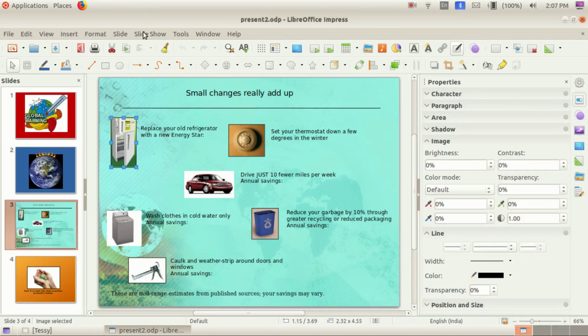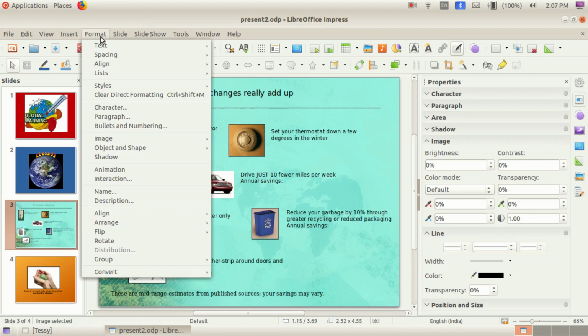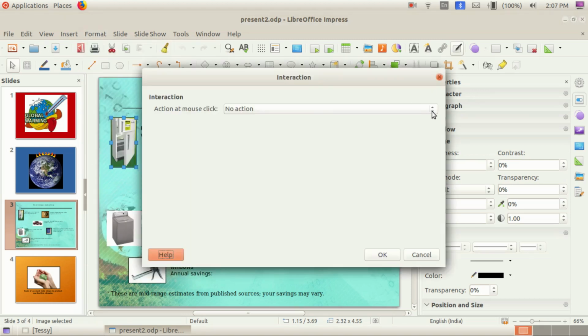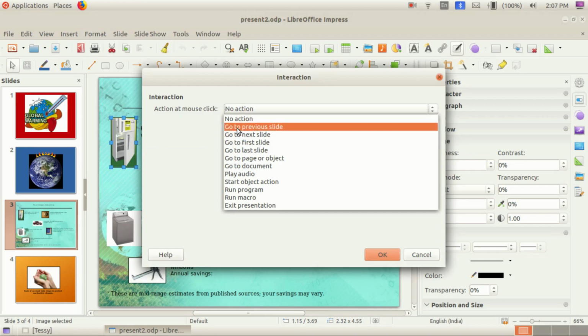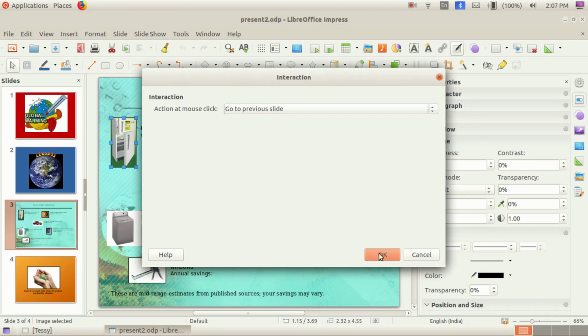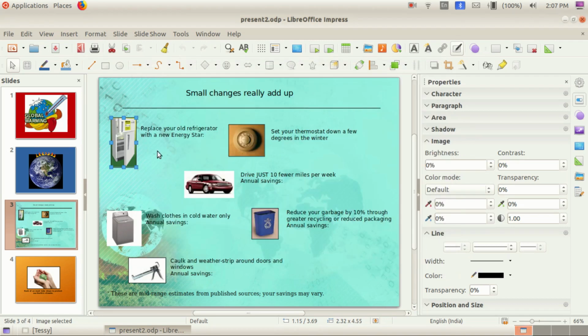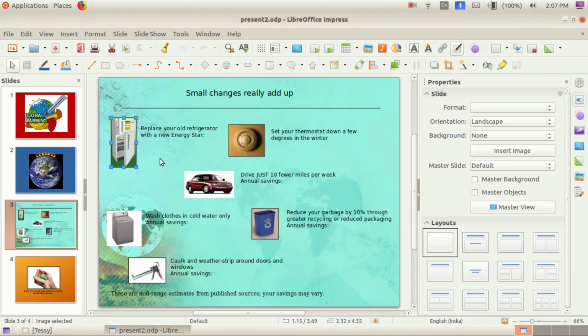After that we need to give format interaction. From there go to previous slide. Okay, yes, that is done, children.